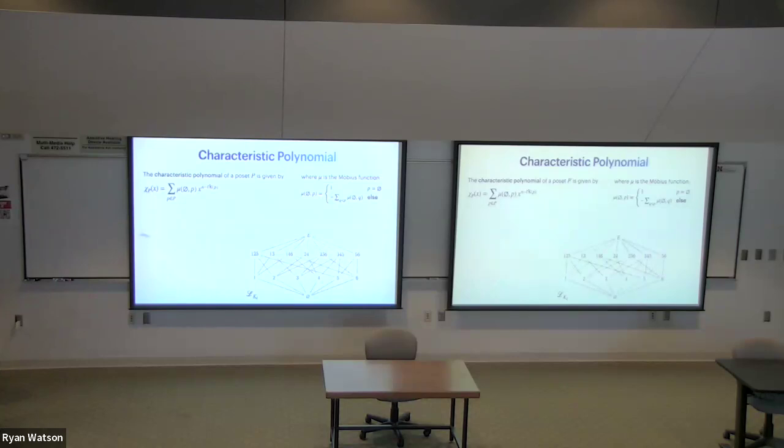Okay, so matroids became popular within the past decade because of something called the characteristic polynomial. A characteristic polynomial is something that can be defined on any poset. We will be, of course, thinking about it on the lattice of flats, but in general, the characteristic polynomial is defined. So I have an x raised to the complement of its rank in that poset, and